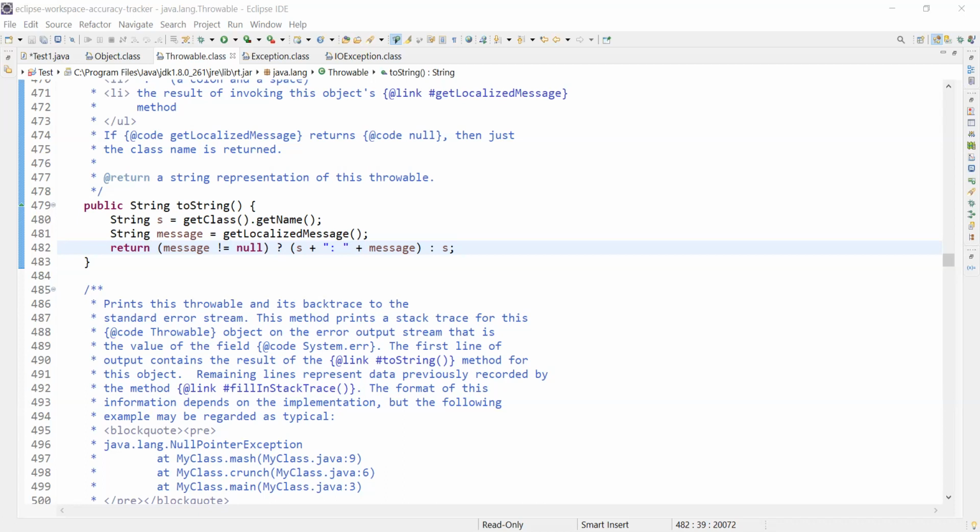So this is called single level or single inheritance, we can say. There is a concept called multi-level inheritance. For example, we have a class called X which is extended by class Y.